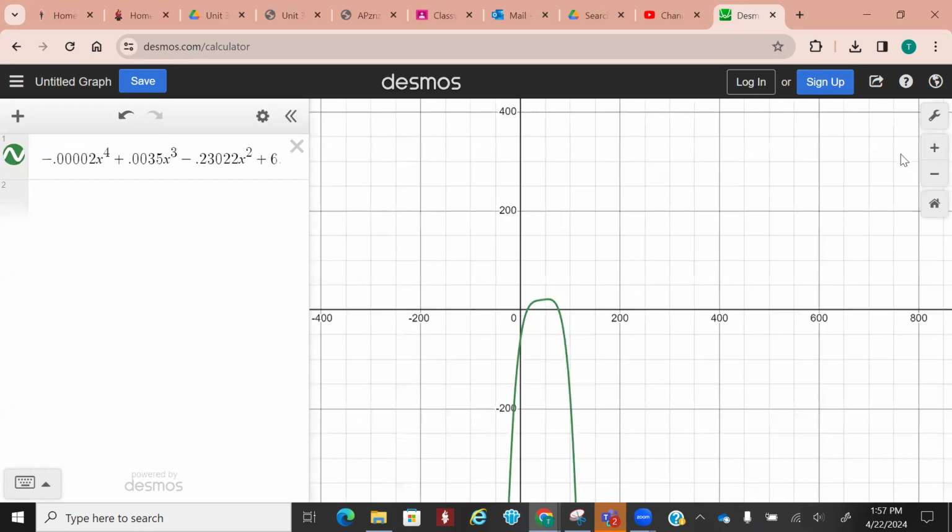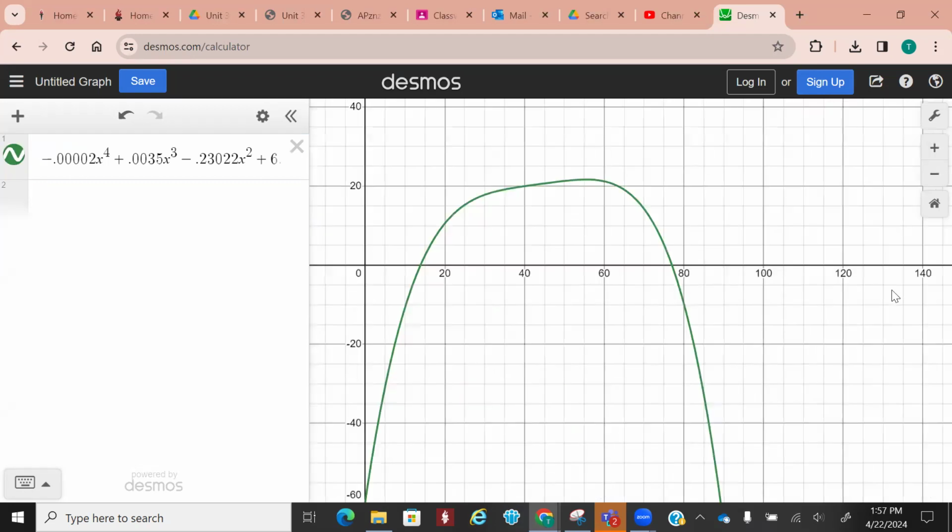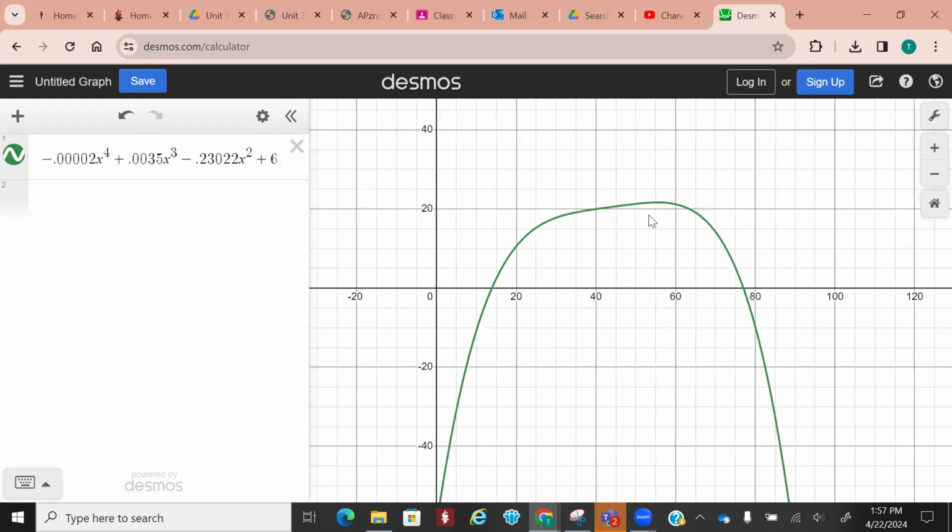Okay. So when you look at this and you zoom out and look at the maximum, this is a little wonky because it's quartic. So what would be the highest between those numbers? It's going to be roughly around